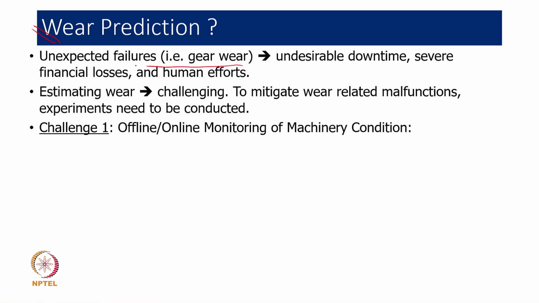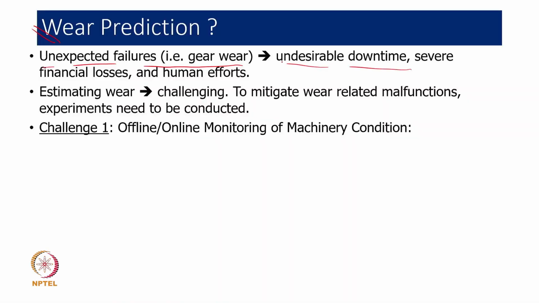In the future, we want to avoid any failure, and particularly unexpected failure. We do not want any failure, and unexpected wear has to be completely eliminated. The reason is that it causes undesirable downtime and severe financial losses. So this approach has to be completely eliminated. For that purpose, we require a good estimation of wear, and the Archard equation gives only the average. So that turns out to be challenging, and we really require a very good mathematical model or machine learning model,